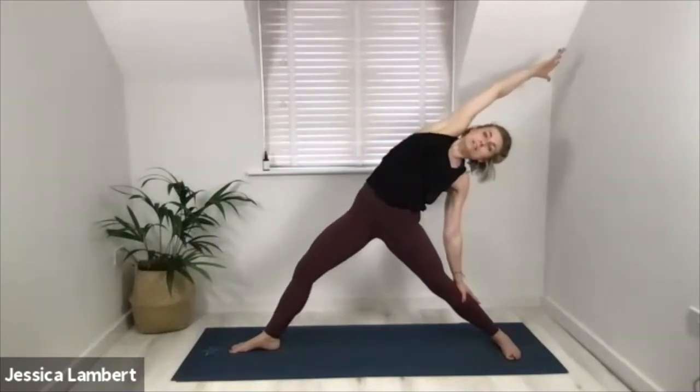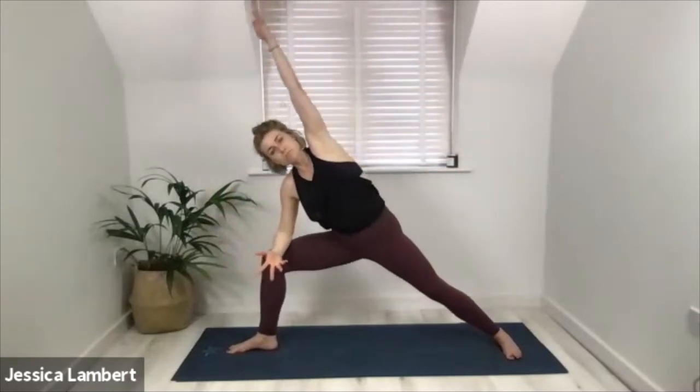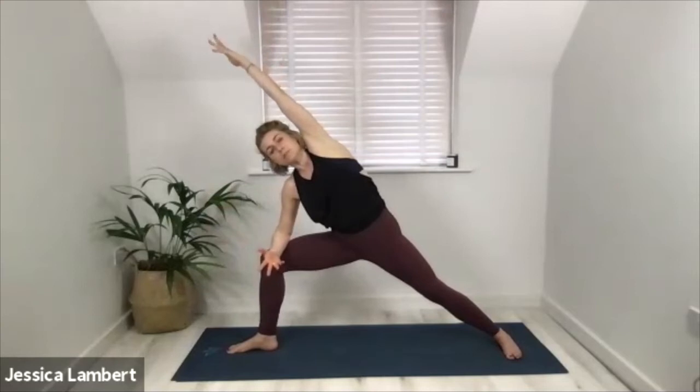and then bend the right knee again, coming forwards, right elbow rests, left arm comes up and over. And you're staying here, stretching through those left fingertips. Breathe in,